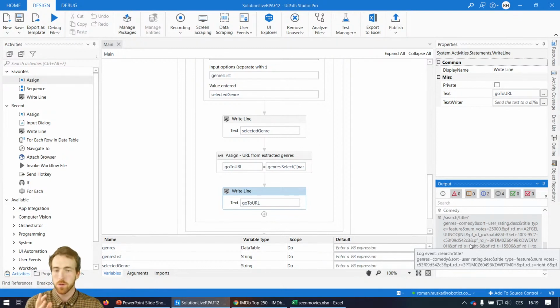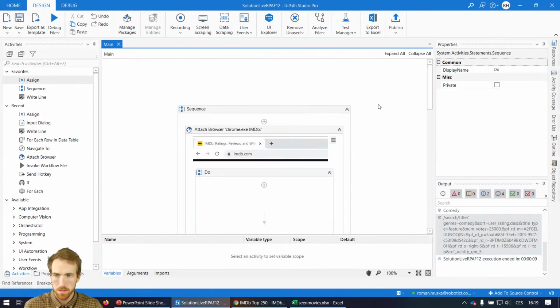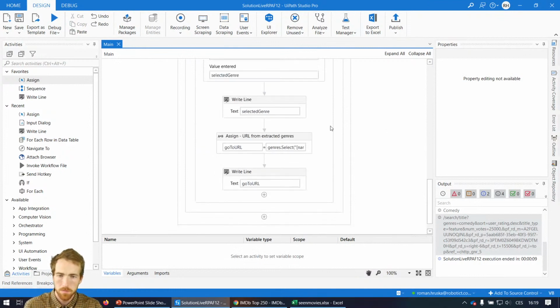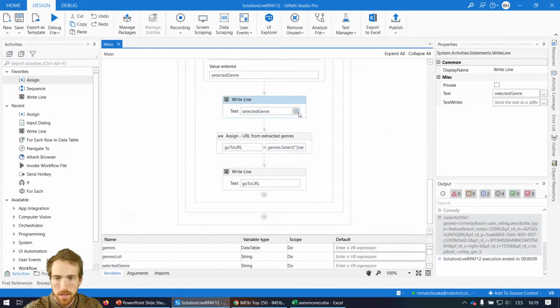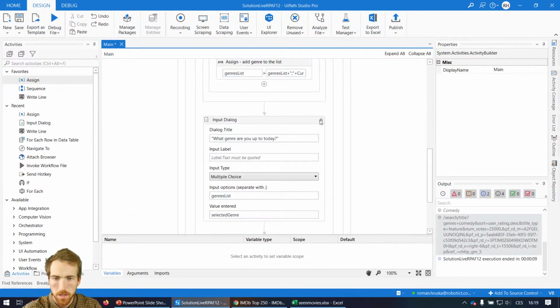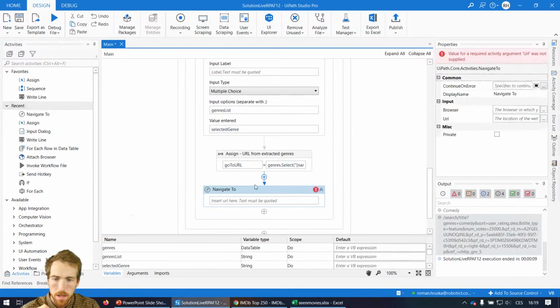So now I want to go to this URL and extract the movies. Oh, sorry. Yes. So I go to the end of my workflow. Maybe I can start to delete these write lines that I don't need because I already know this works. So I will clean it up a little bit here. Good. Input dialog, assign, go to URL. So I need to use navigate to again. Navigate to URL of the genre, and this will be